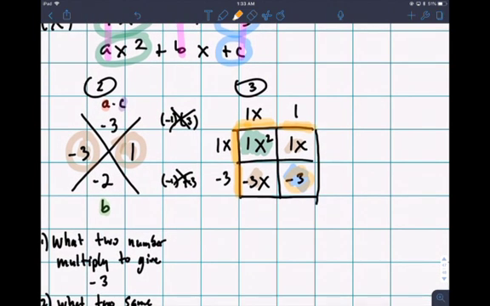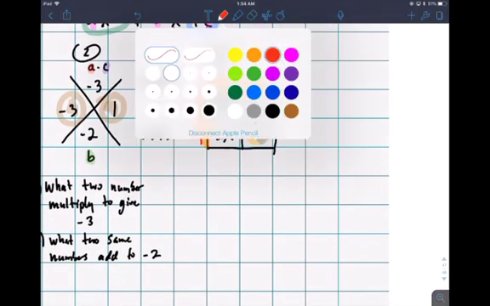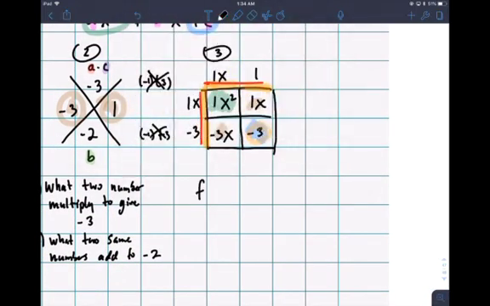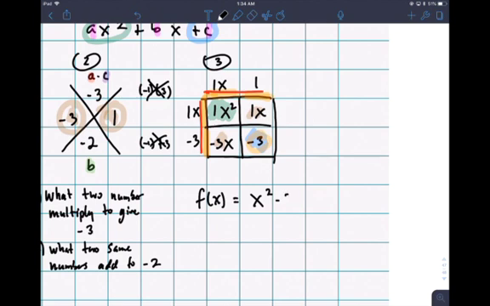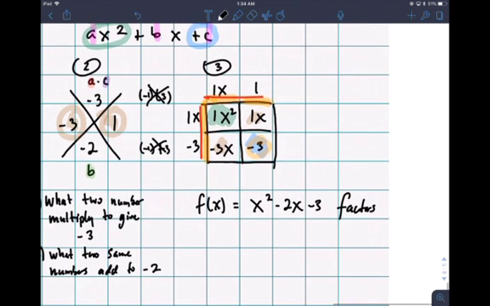So now this is how I'm going to read this. Now I found the two factors. Here's one of them, and here's the other one. So that means that f of x equals x squared minus 2x minus 3 factors into